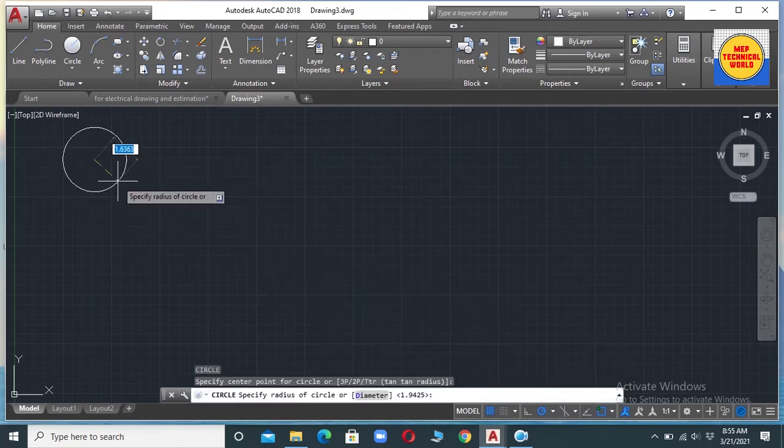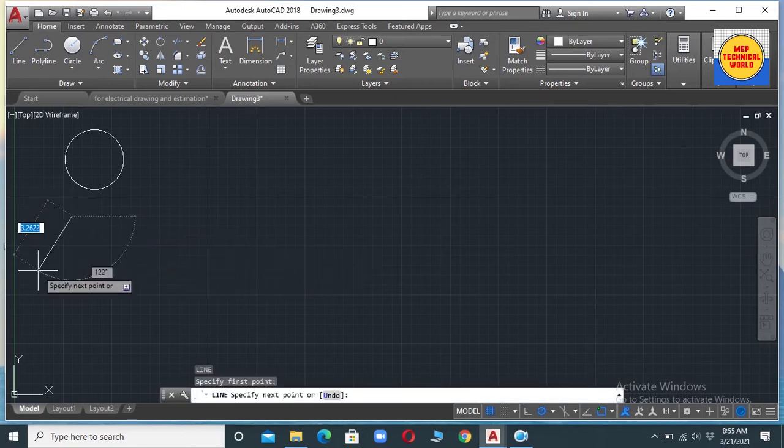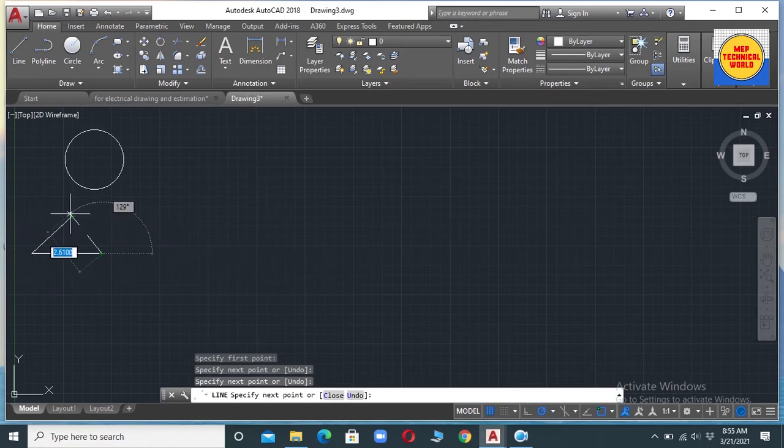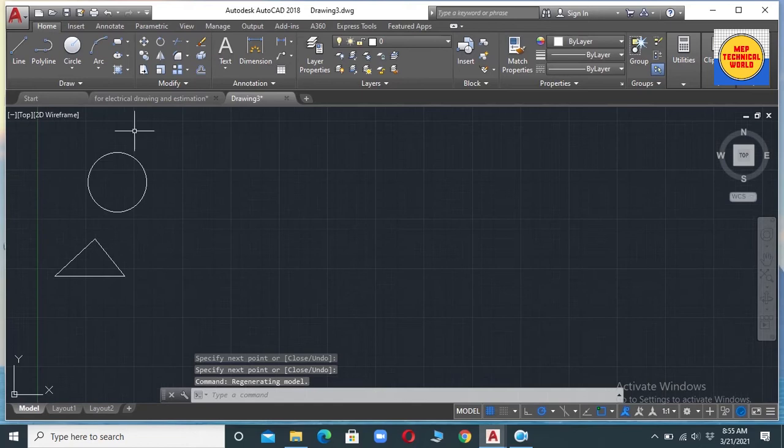Here I have drawn a circle, and let's draw another object, which is a triangle. By using the line command we can draw it. Here we have drawn the objects: one is a circle and the other is a triangle.